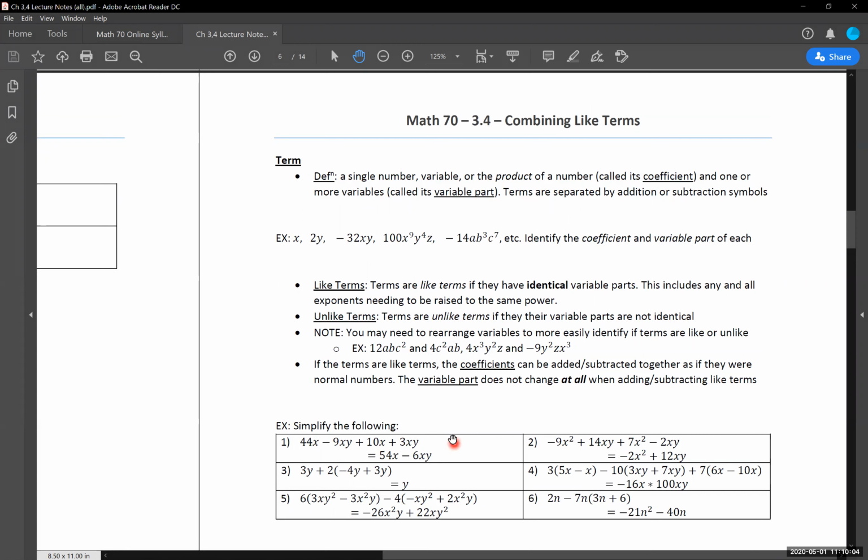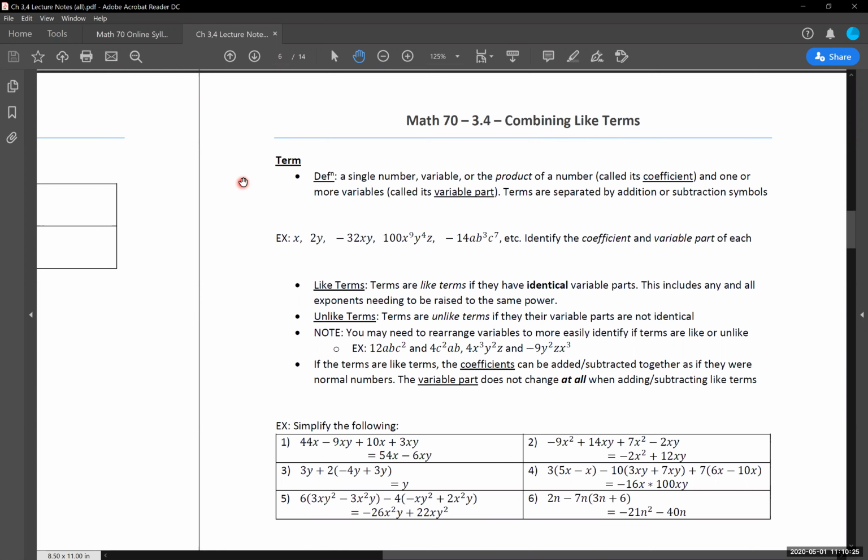So our main definition, and this is the overarching one because we're told we're combining like terms, is that we need to define what exactly is a term. This is an extraordinarily subtle but very, I think, important definition that we need to have for this particular section, for this chapter, and for all of math moving forward, really.